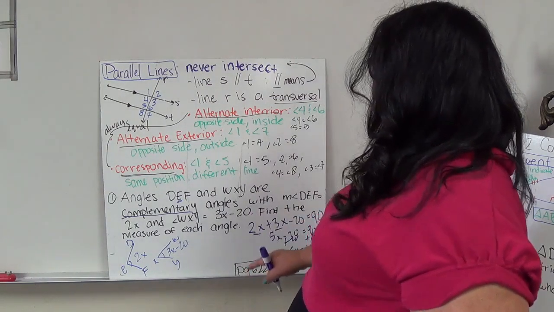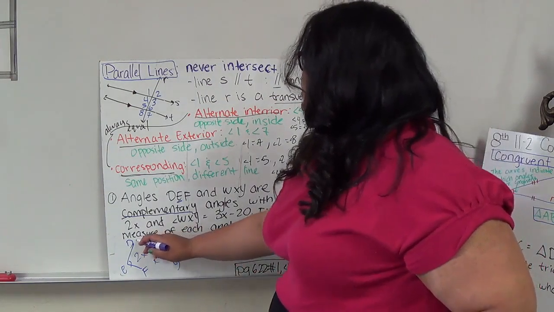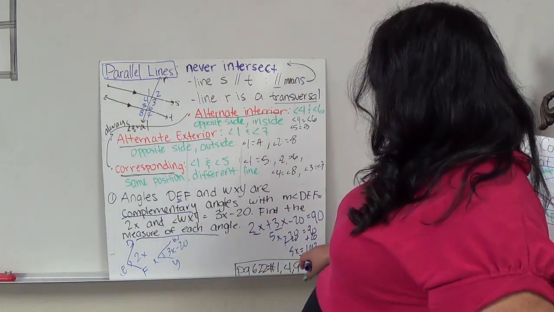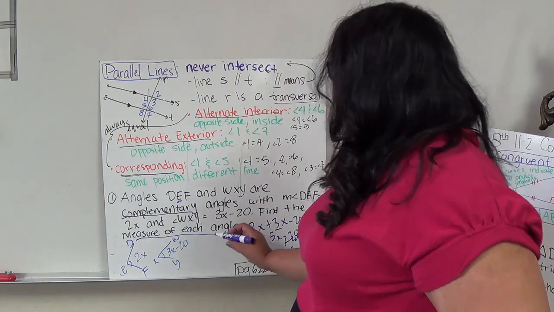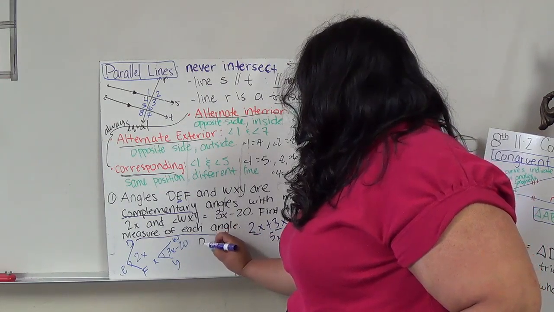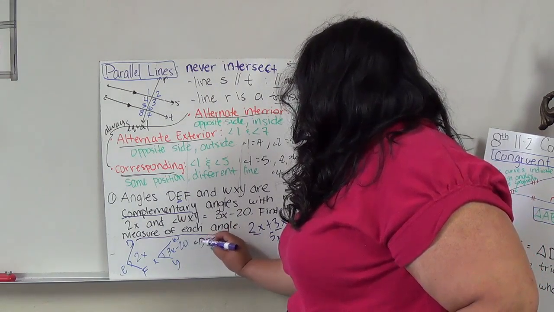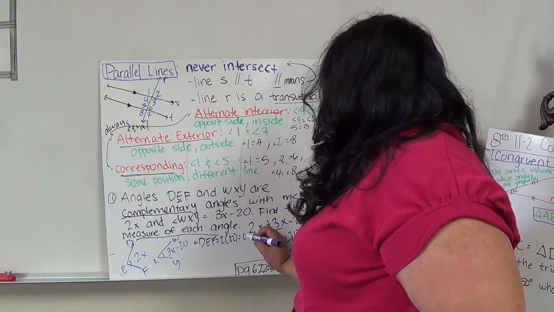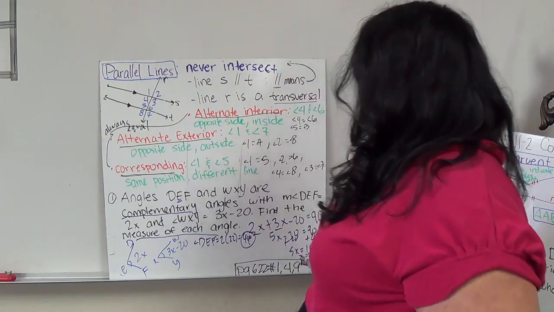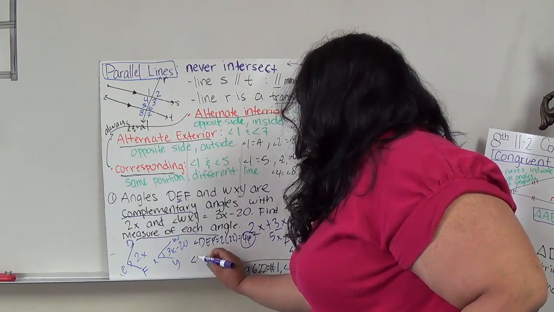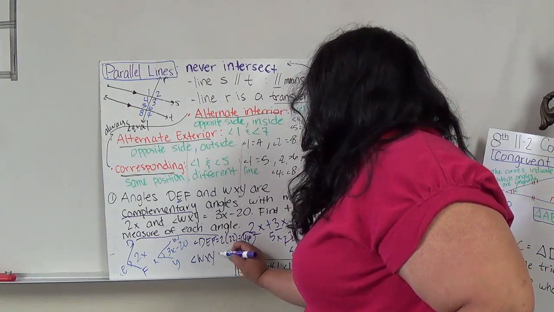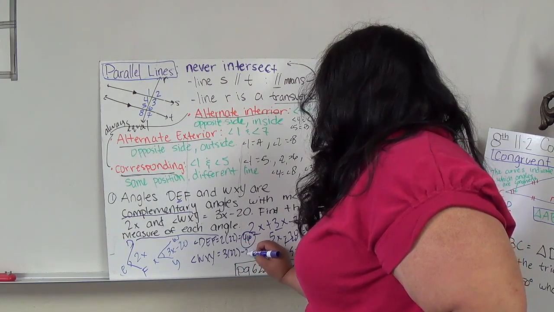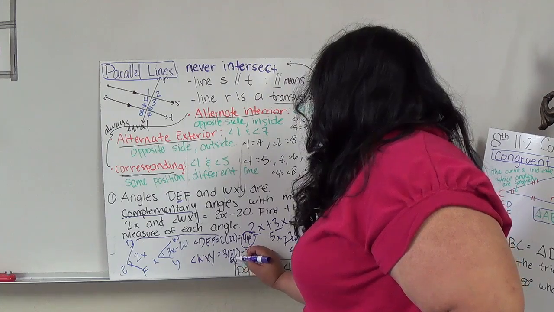It's not asking us for x, however. It's asking us to find the measure of each angle. Please read the question carefully. I'm not looking for x, I'm looking for each angle. So if angle DEF equals 2x, I'm going to do 2 times 22, which gives me 44 degrees. That's my first answer. The next one is WXY equals 3 times 22 minus 20, which would be 66